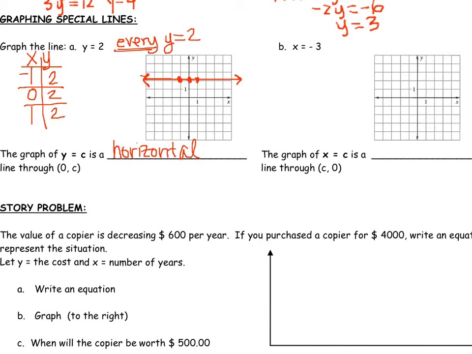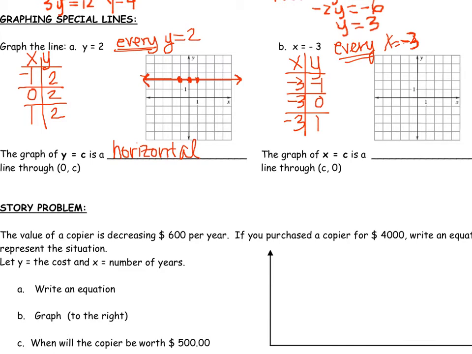For b here, it says x equals -3, so remember that means every x equals -3. Hard time writing a -3 there. So for x, let's make a table with every one of them being -3. It doesn't matter what y is. It doesn't say anything about y, so I'm just going to pick some random values again, -1, 0, and 1,